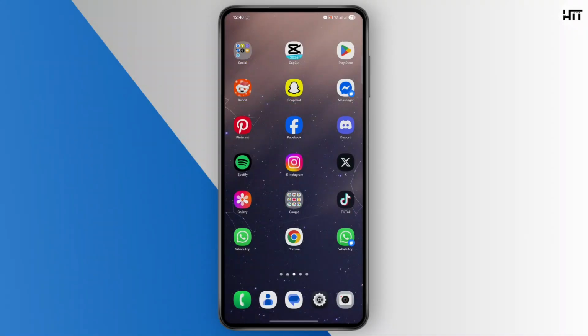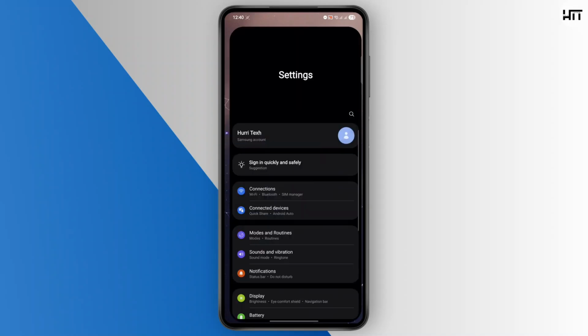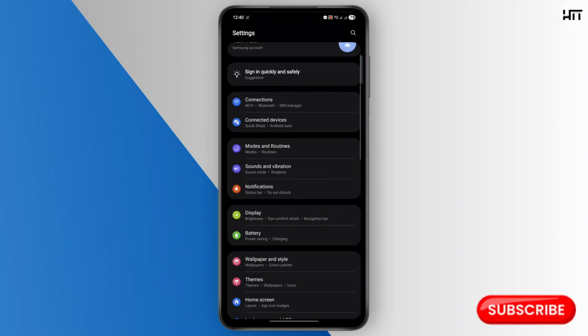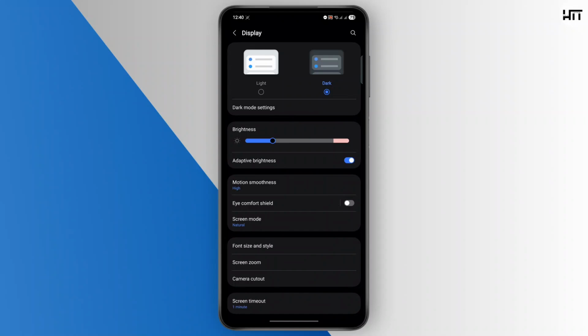In today's video, we're going to see how you can change your Android phone font and give it a fresh look. First thing you need to do is go ahead and open up settings. From the settings menu, scroll down and find your display settings. Tap on it. All of the font settings are usually in your display settings, so tap on font size and